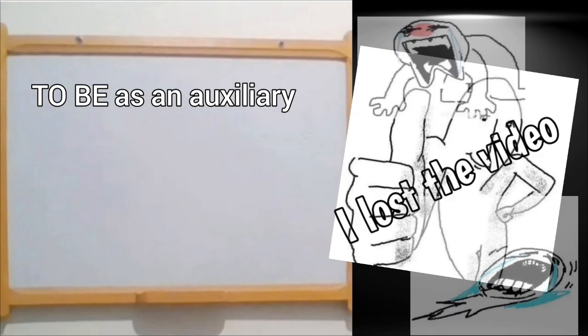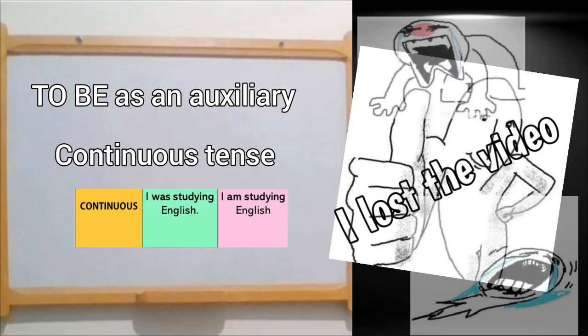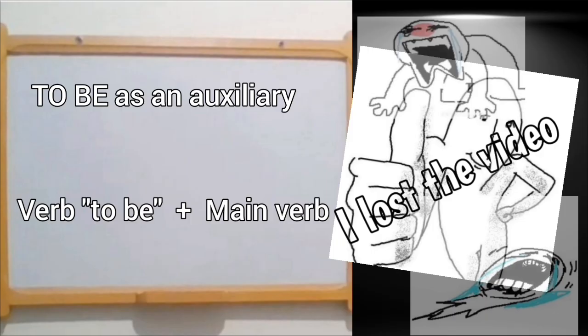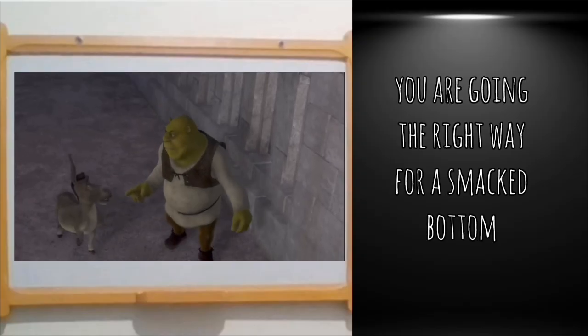The verb to be as an auxiliary verb helps us to conjugate the continuous tense. We use the verb to be next to the main verb in its present participle form. For example,